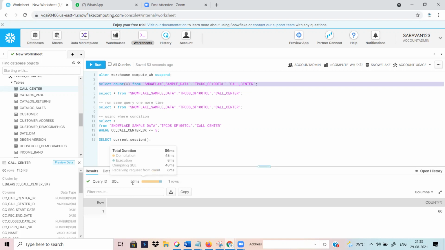Only 56 milliseconds will be taken: a compilation time of only 48 milliseconds and execution of only 8 milliseconds. This count of star query is directly communicating with your cloud services. Inside the cloud services there is also a metadata cache, and from that cache it directly fetches the count.